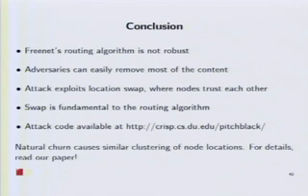So, in conclusion, we don't believe that Freenet's routing algorithm is robust enough to be used. Adversaries can remove the diversity of node locations and therefore screw storage responsibilities and routing responsibilities, and we cause significant content loss with even a few attackers. We use Freenet's own code against itself, so it's not like we're doing anything really bad. We're just tweaking a little bit. And since swapping is such a crucial part of the routing algorithm, it's a really tough problem to fix, and it's just a fundamental problem.